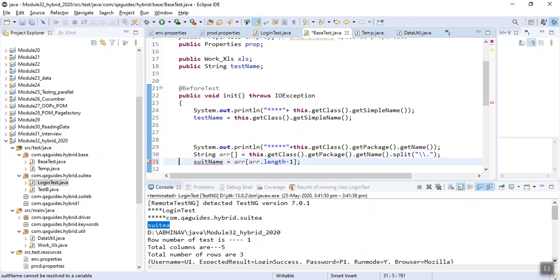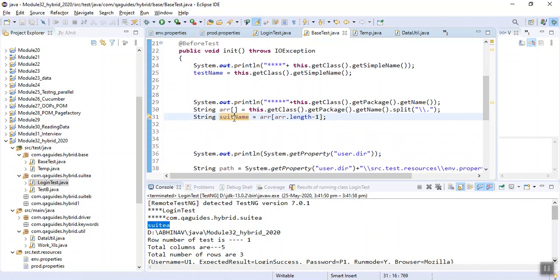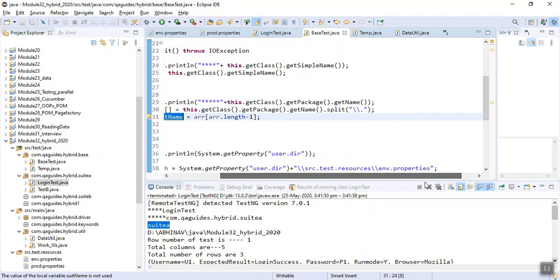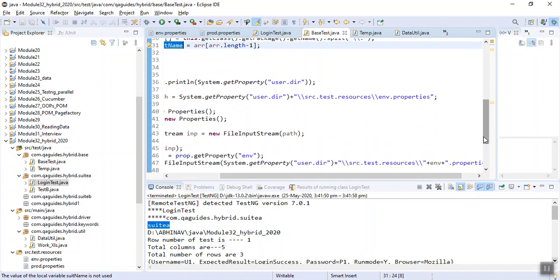It will be string type. Okay, so now when we read our property files, in this we can pass this suite name directly. Where is my property file?